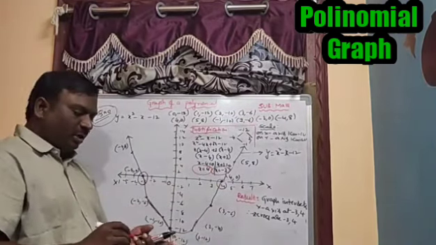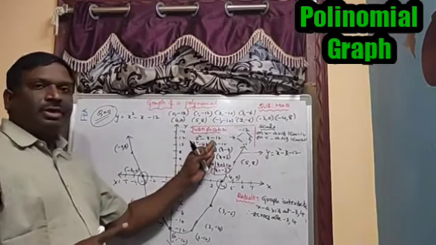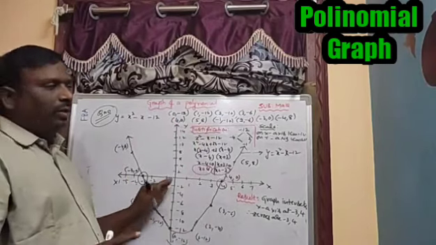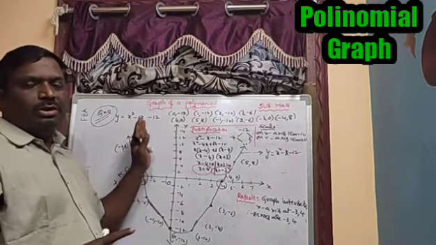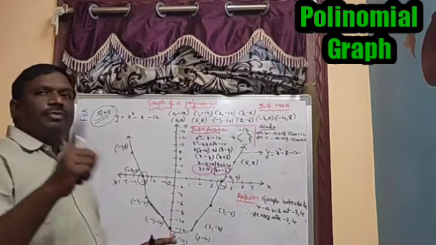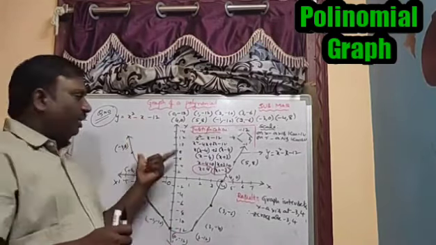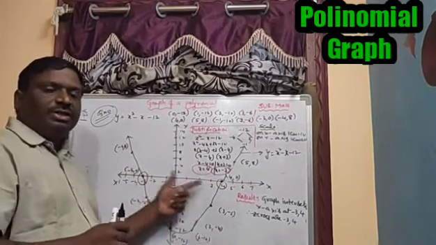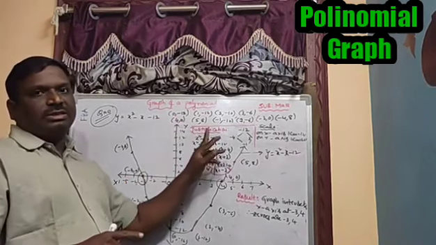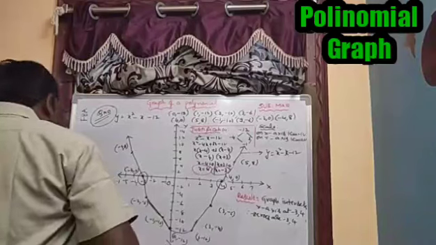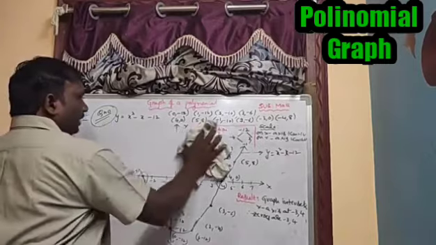That is the justification. When you complete the table, result and justification along with the graph, then only you can complete the graph of the quadratic polynomial. This is one of the models. And the second model, I already explained the 3 cases. Different factors mean different zeros. When equal zeros are there, definitely the graph touches the x-axis. I think all of you understand this graph. Now we'll go for the second case.